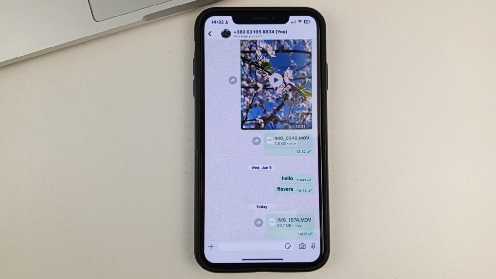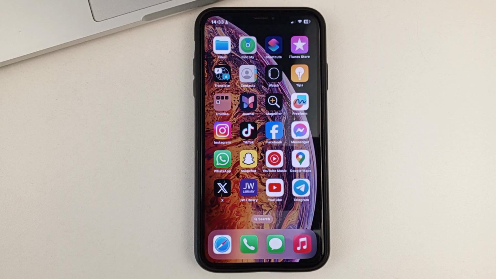Thanks to sending video this way on WhatsApp, the quality of the video will not deteriorate and will remain the same as it was. Because if you send video in normal format, then the quality usually suffers, especially if the video is big and voluminous. Friends, this is the simple way you can send video as a document in WhatsApp.